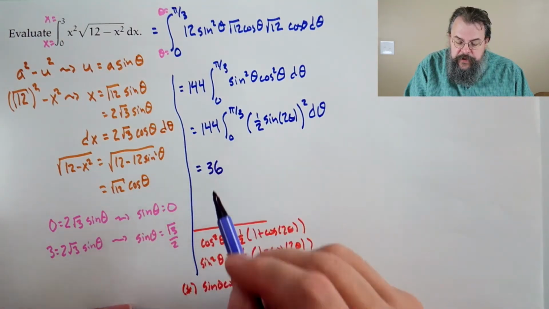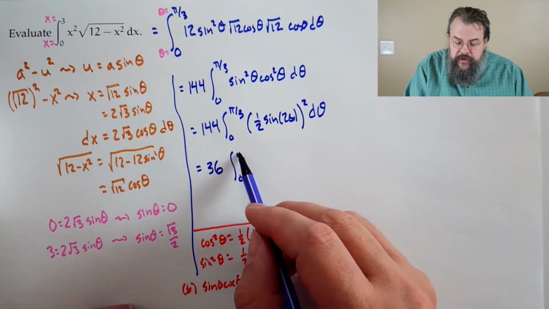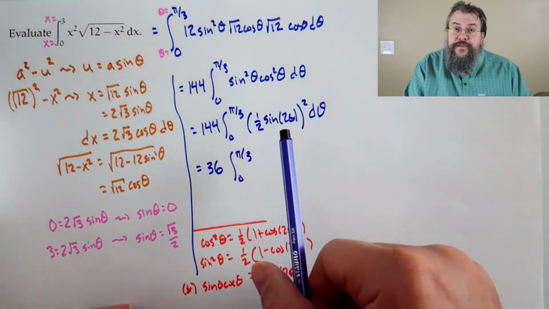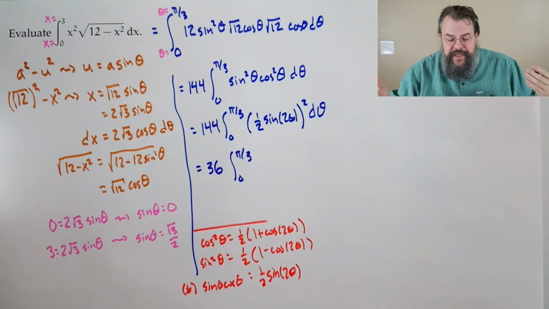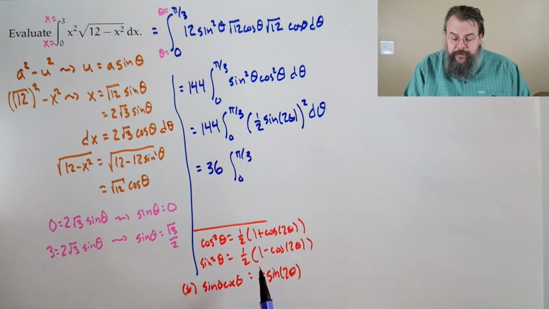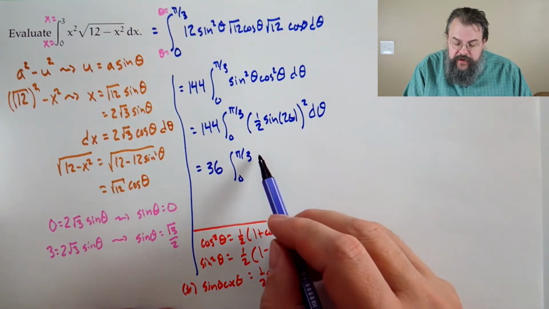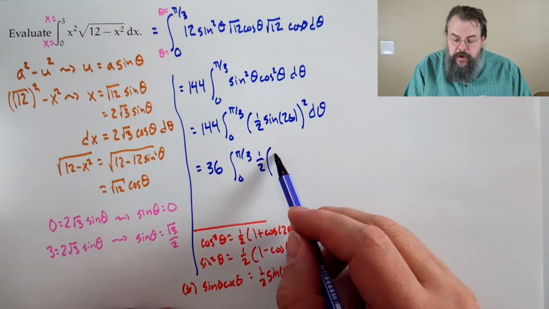Okay, so now we have 36 times the integral from 0 to pi over 3 of sine squared of 2 theta. Well, still, even power reduction again. So now we'll use the sine squared one. That'll be a factor of 1/2, then 1